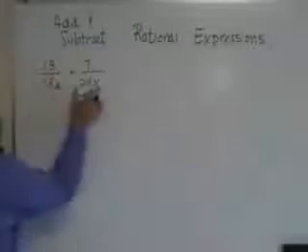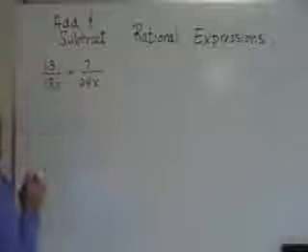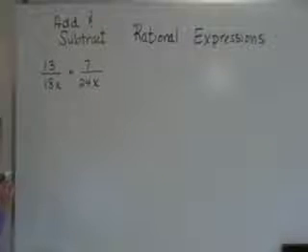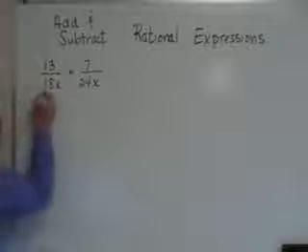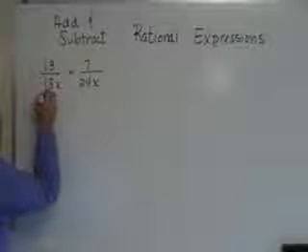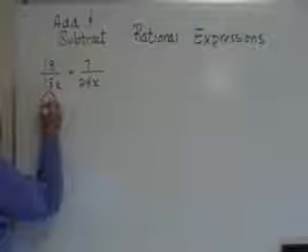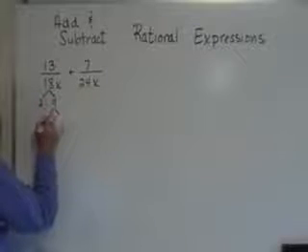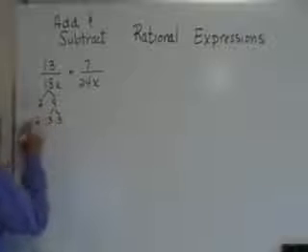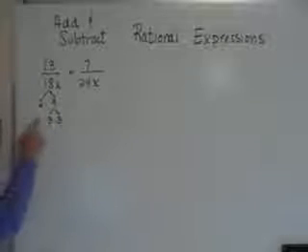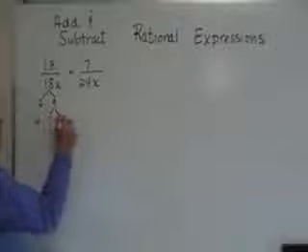This example has two different monomials as denominators. I'm going to look for the least common denominator first, and I'm going to do that by factoring these into their prime factorizations. So I'll ignore the x for a minute. 18 factors into 2 times 9, and 9 factors into 3 times 3. So the prime factorization of 18 is 2 times 3 times 3, and I'm going to put now here times